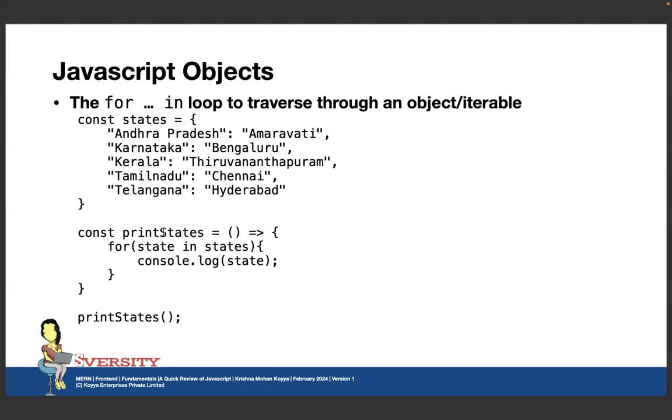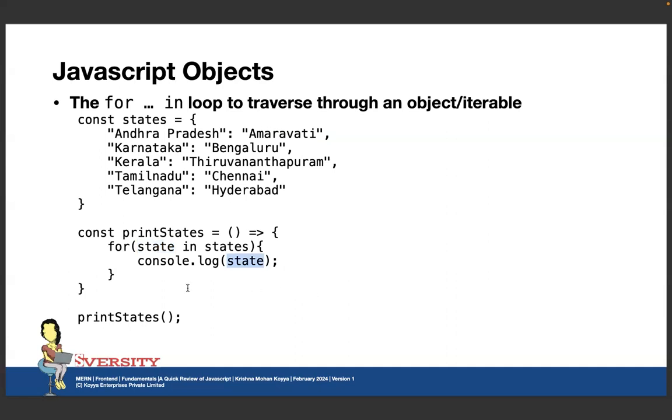And when we say print states, what is it doing? It is a for loop with an in clause. What this in clause is doing is picking up the key. In the array case, when we say in, it was returning the index. Here the index is the key. So that's how you are getting the key. So it is going to print the state, means it will print Andhra Pradesh, Karnataka, Kerala, Tamil Nadu, and Telangana